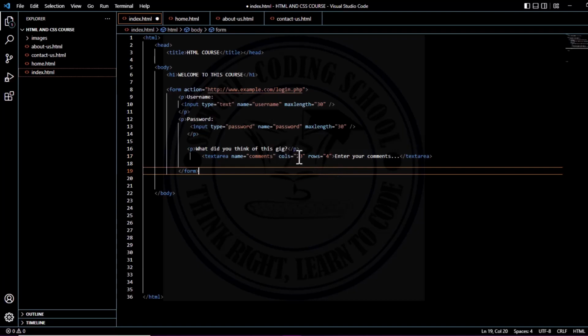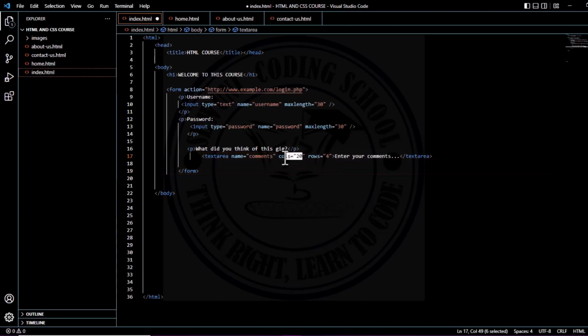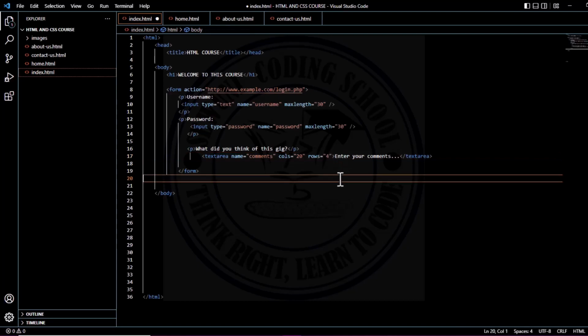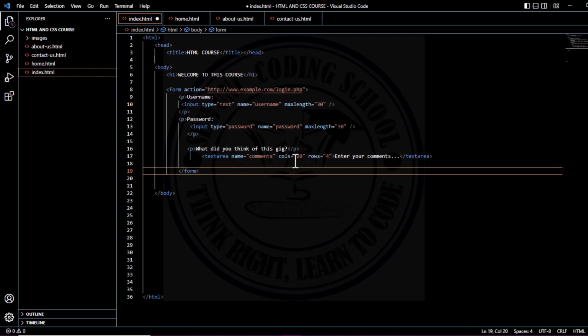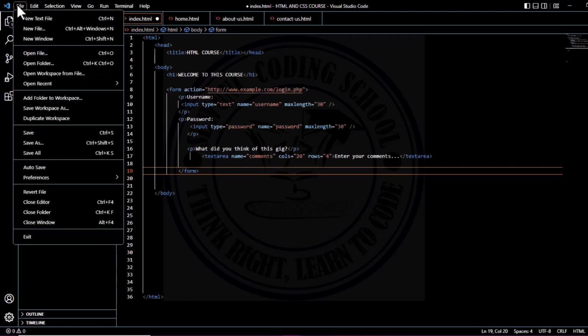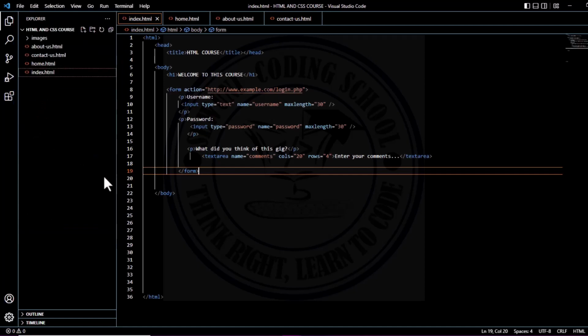You have given it 20 columns to be able to write and 4 rows to be able to write. This is a very big text box. It's not as simple as receiving a normal username. So you have given a lot of chance for the person to be able to write as many comments as possible. You can even increase the number depending on how you want the person to send you a particular information. Let's save this and then